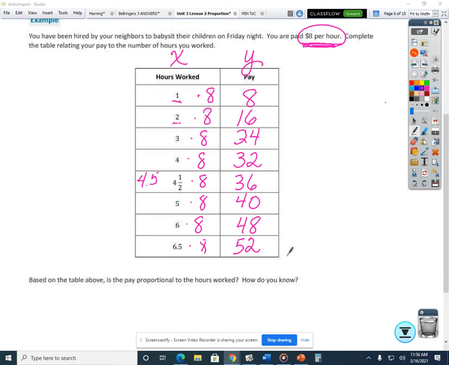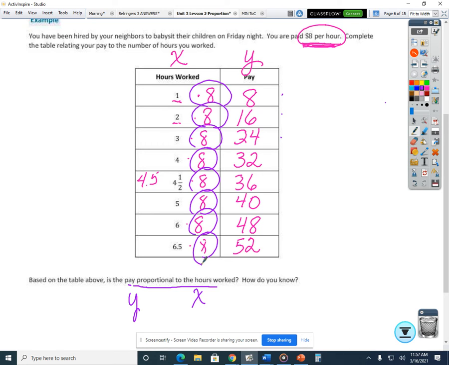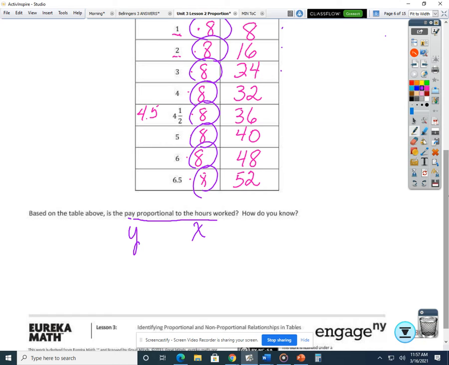Now, our question here at the bottom says, based on the table above, is the pay proportional to the hours worked? So they are asking, is the pay Y proportional to our hours X? In order to determine that, well, in this case, we created the table. This is not a set of data given to us, it's data that we created. And each time we created our Y value by multiplying our X times our constant of 8. And since we have the same constant unit rate for each entry, therefore, yes, we know,